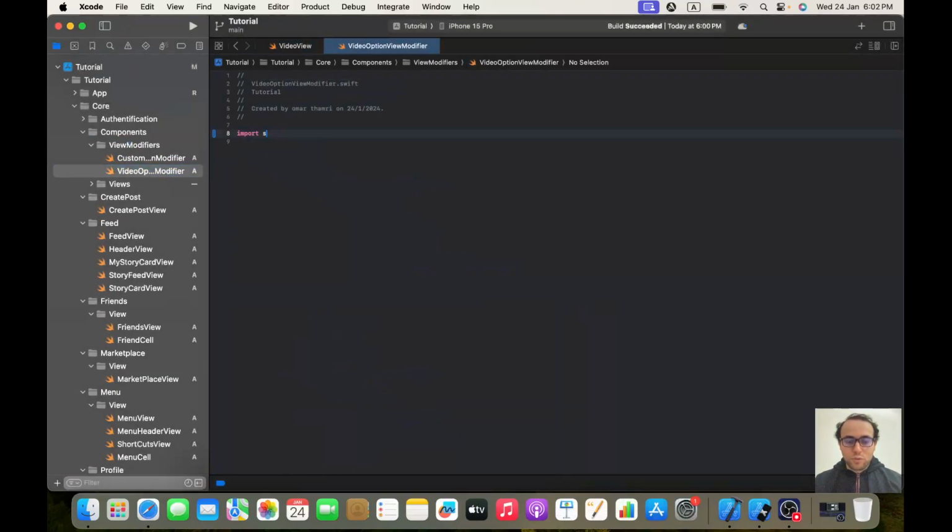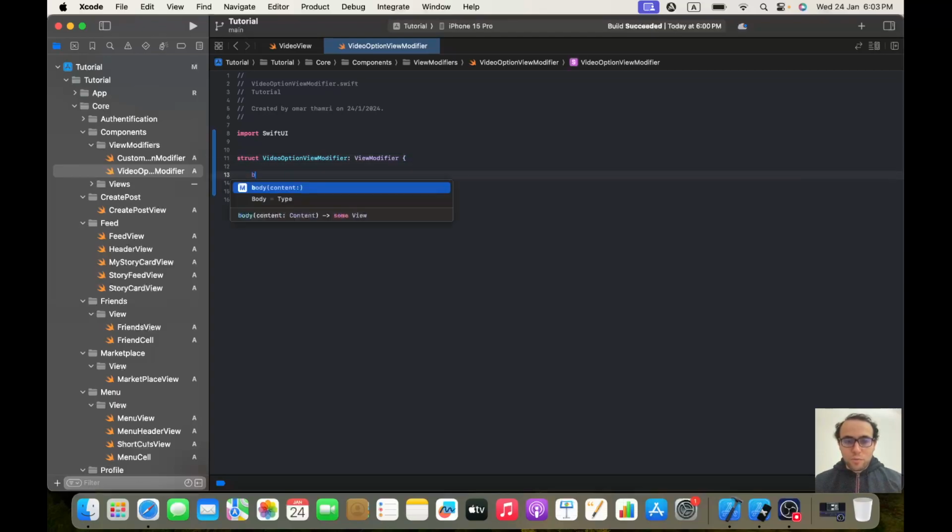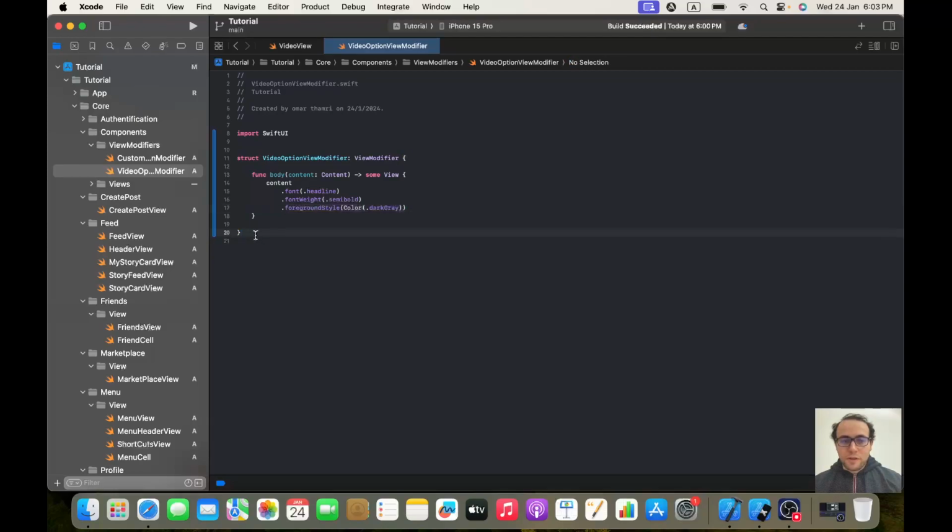Let's import SwiftUI, and here let's have a struct of VideoOptionViewModifier of type ViewModifier, and let's add our body, and here it will be content, and we paste the code that we just copied there, and now let's add an extension of a view,